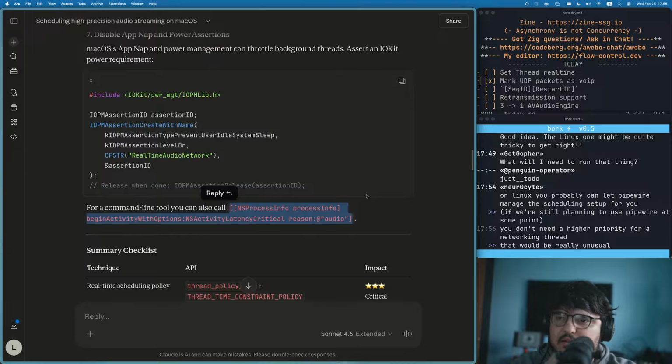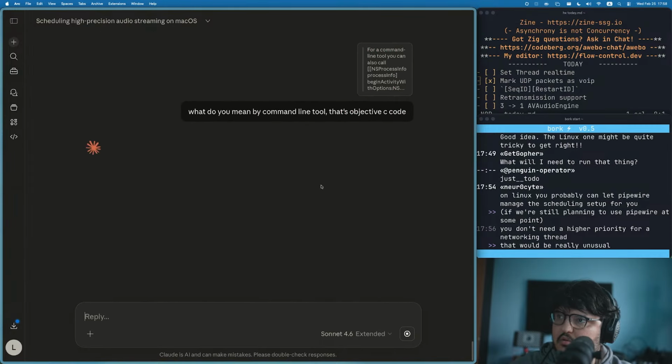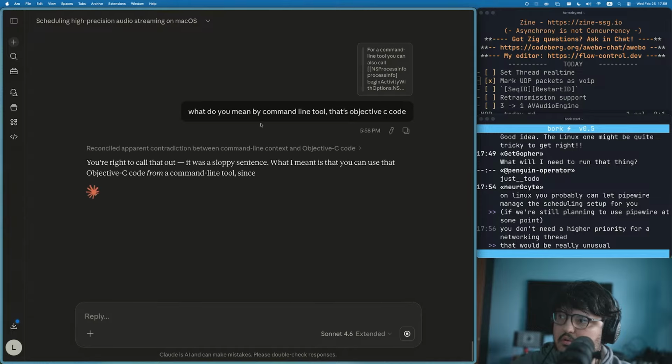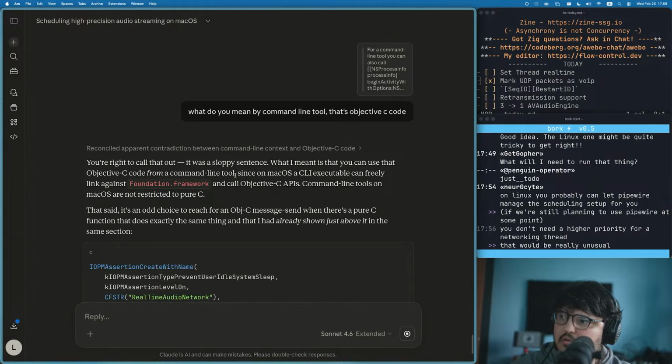Kind of a brain fart. From a command line tool? Oh,